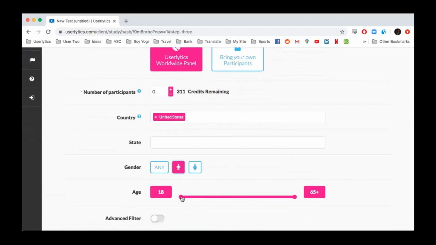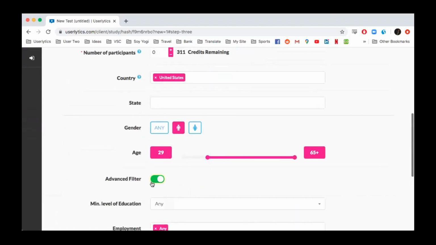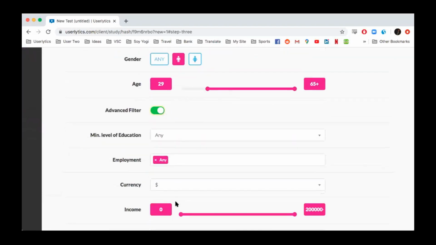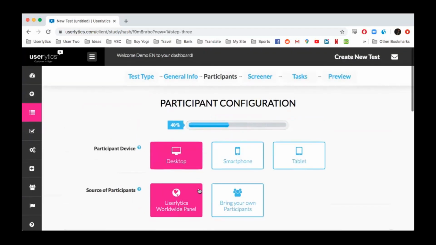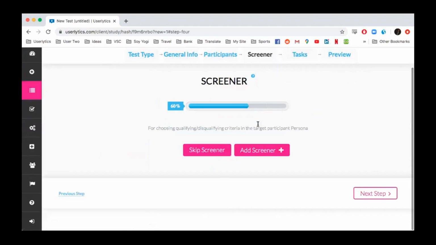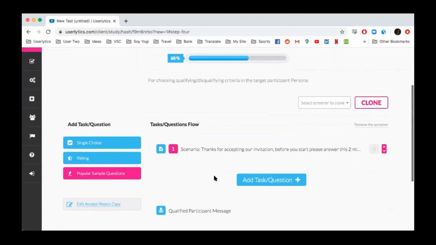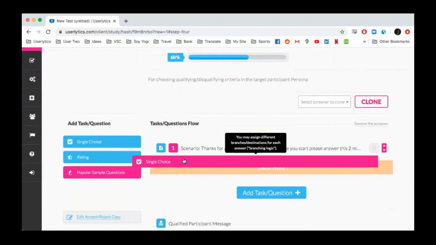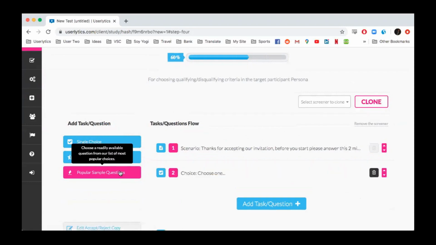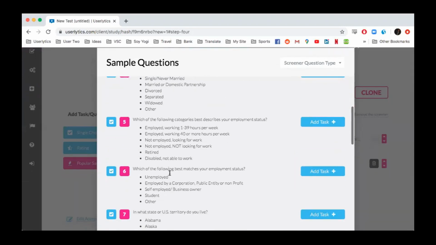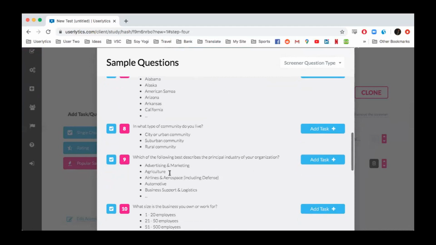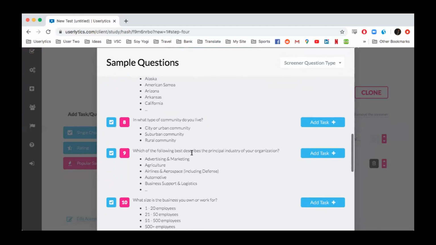And then within our panel, you have some good filtering capabilities like gender, age, or some advanced filters like maybe employment status or income. And if any of these aren't specific enough, or if you want to do something that isn't a default filter that we have here, we do have screener questions with an unlimited number of screeners. And you can easily either drag and drop questions into an order that makes sense to you, or come from our popular sample questions. For example, what